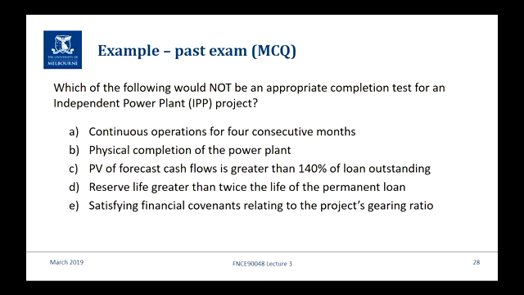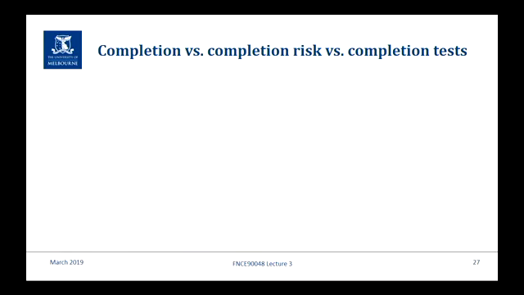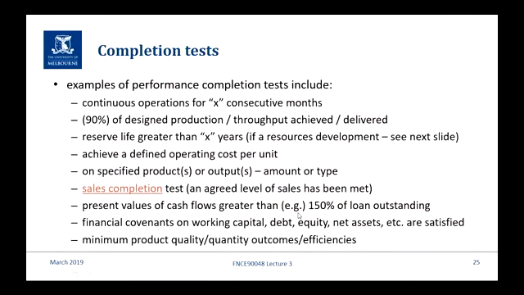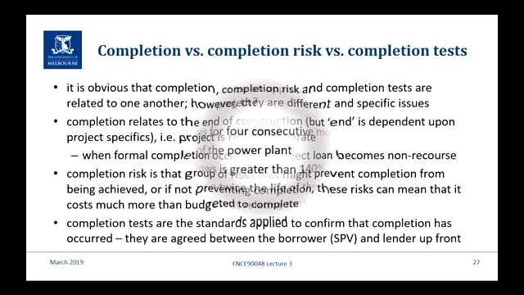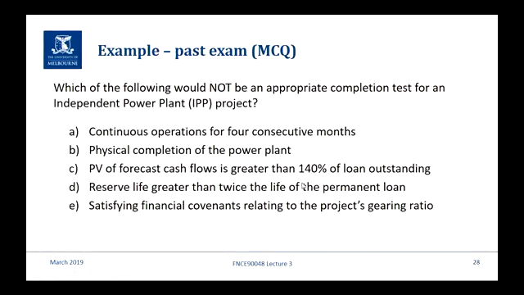Why C? Because it's just on paper, it's just a bunch of numbers on paper. Yeah, I reckon that's a valid completion test. C was the most wrong answer because the people that had a superficial understanding thought it should be 150. Now the numbers here, the X's and the percentages and that, they're all subject to negotiation. If you have a superficial understanding and you look at this and you go, aha, 140, no, that should be 150. Again, you all laugh.